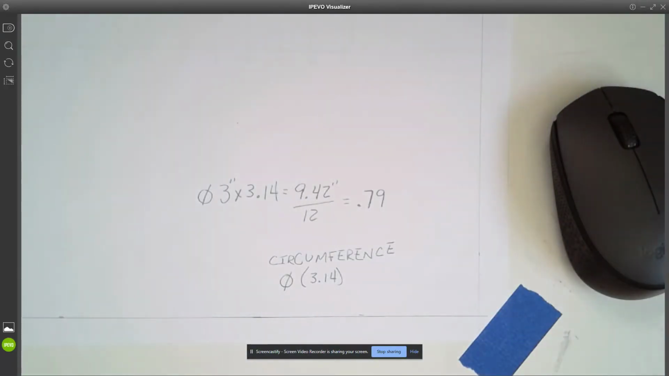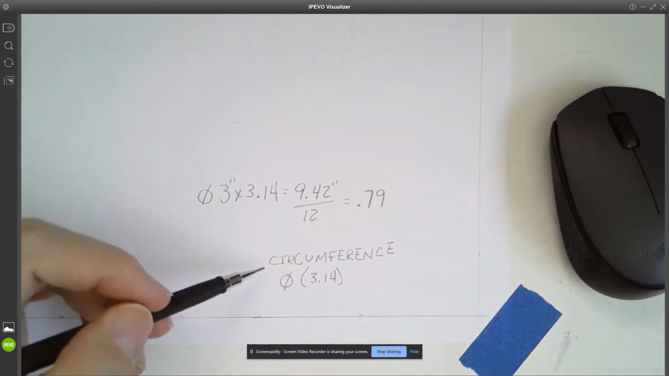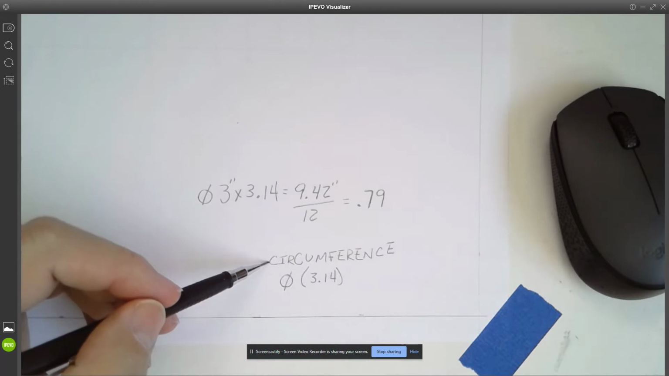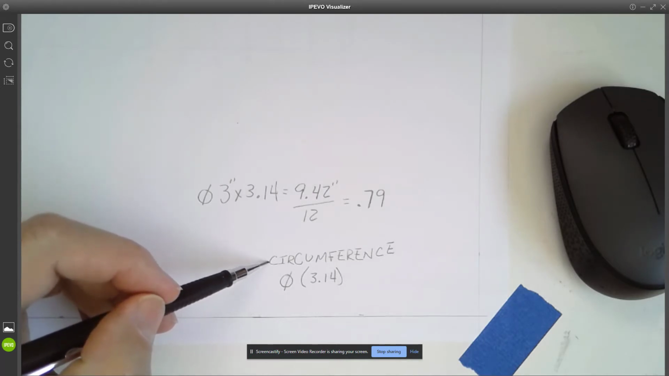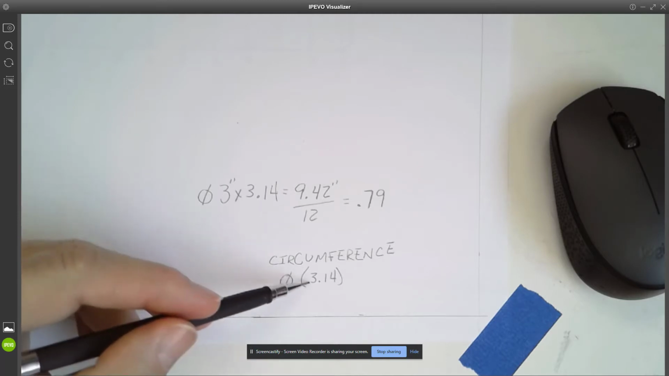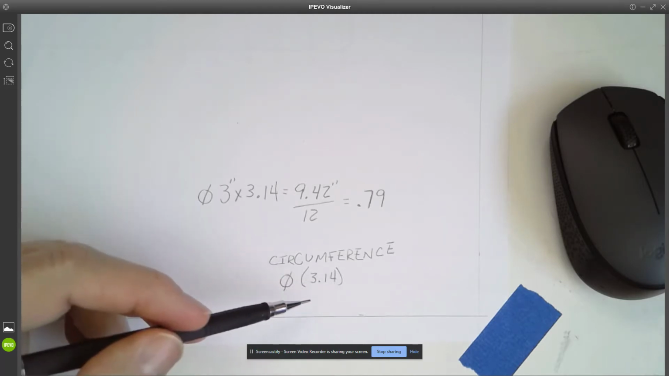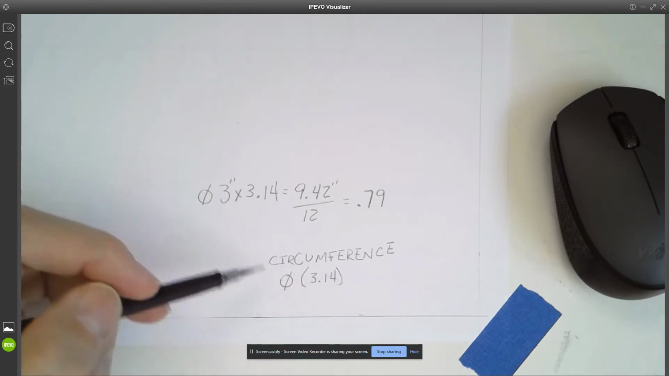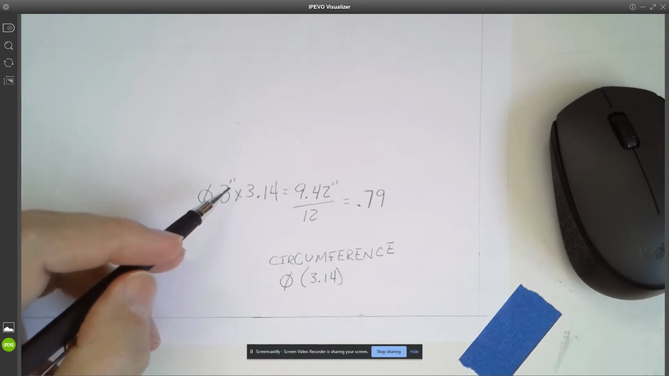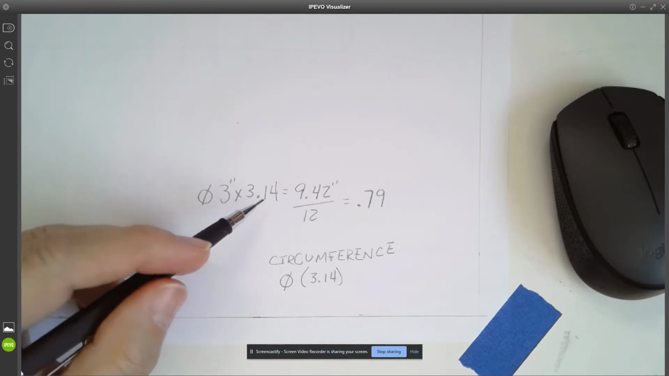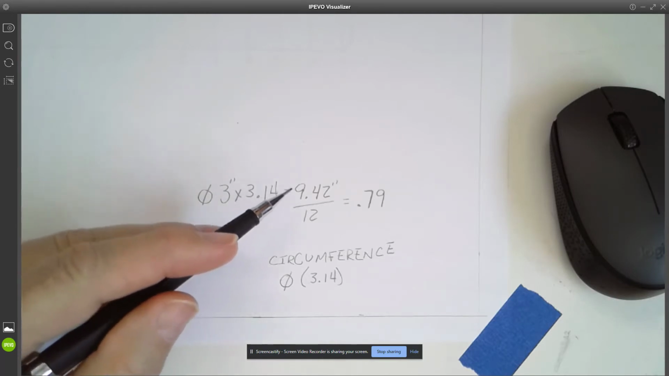Now we're going to do a little bit of math. We have to know what the circumference is of our 3-inch diameter pipe. The formula for circumference is diameter times pi, which is 3.14. So here we have it. Here's my 3-inch pipe times pi, 3.14. That's going to equal